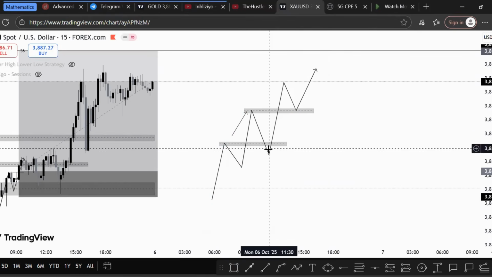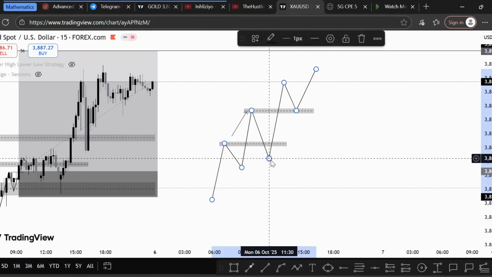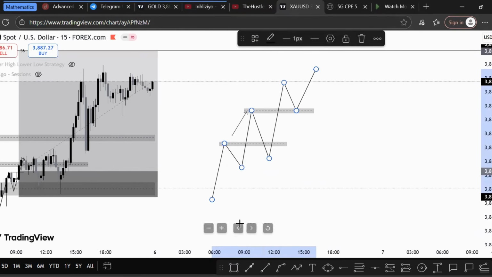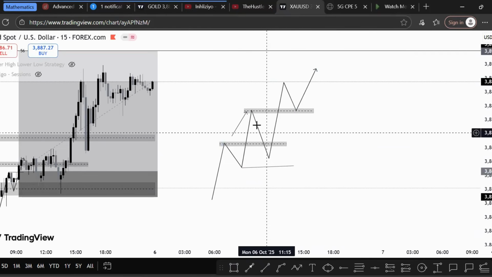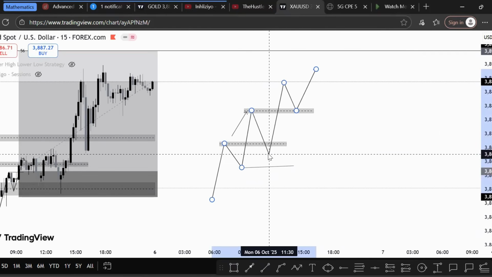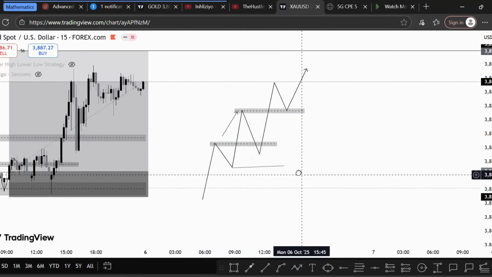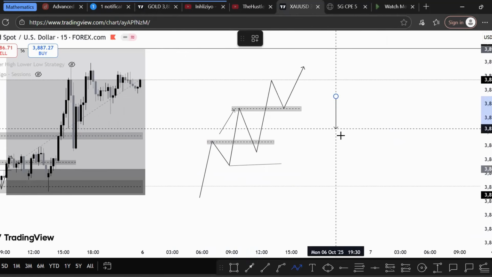But I most preferably prefer for you to correct back into the previous high, as long as we're not breaking the lows. As long as we're not breaking the lows, then we're sorted, right? Same thing with the lows. If you are in a downtrend,